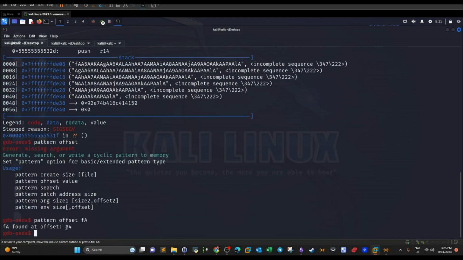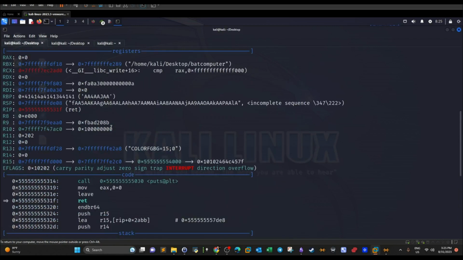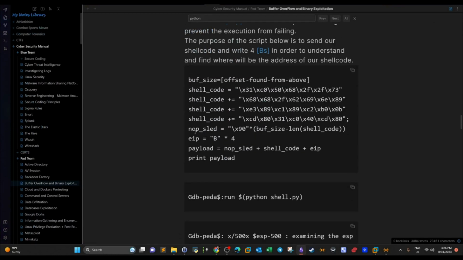So it is at offset 84, which means we need exactly 84 bytes to reach the return address. Okay, so what do we do? Like always, guys, it's the same drill. We need NOP or padding just to prevent any abnormalities in the execution flow,